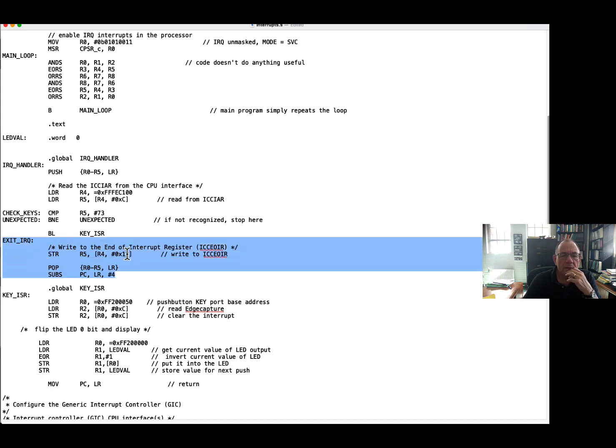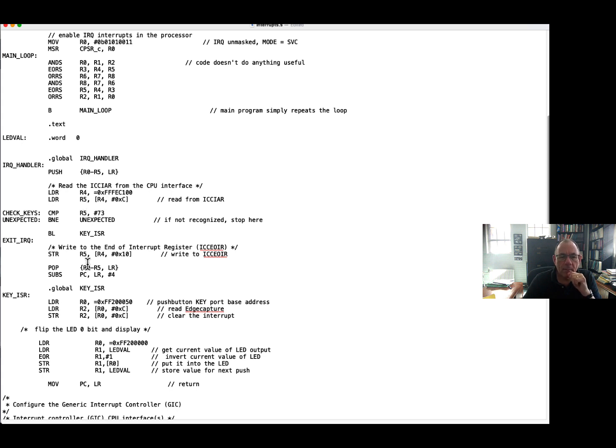And here you can see the other things. Here we are writing what was in R5, which has that 73 in it, back into the EOIR, the thing that sends the message to the GIC: got your interrupt, please turn that particular one off. If you have another one, you can leave it on, but turn that particular one off. Get everything back off the stack that you stored, and then the magic return from interrupt instruction: subtract 1 from LR, which I talked about early in this lecture, and plop it into the PC, but also copy the SPSR IRQ back into the CPSR, changing the mode from